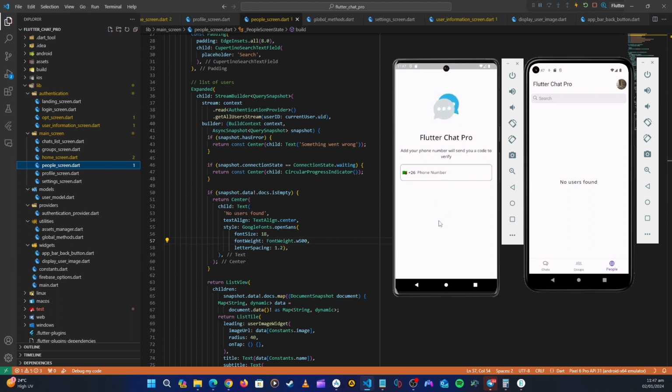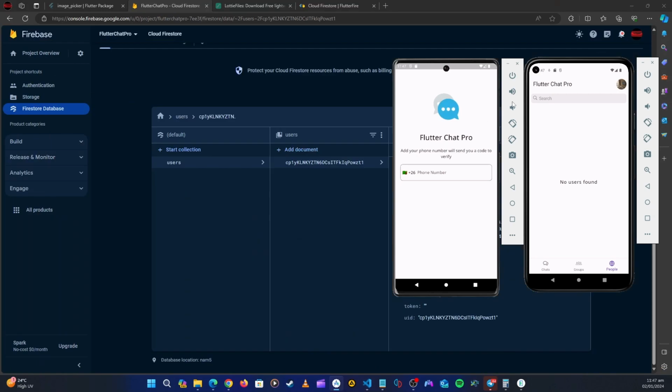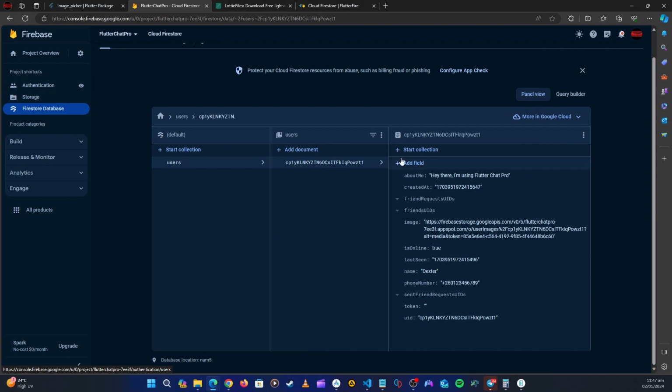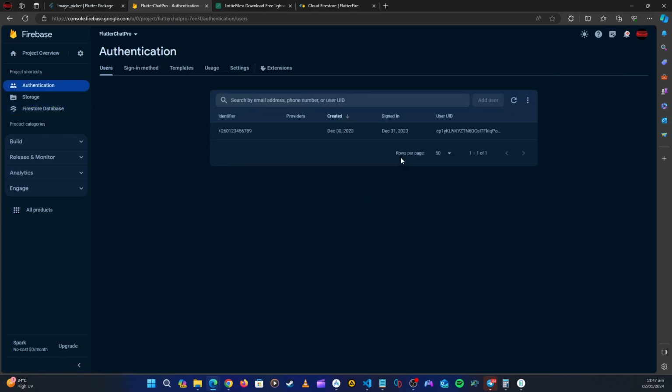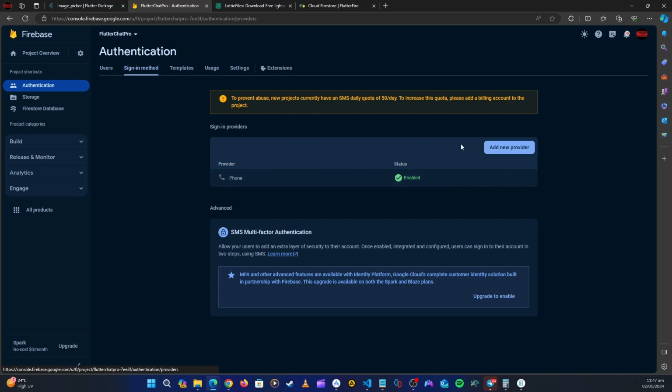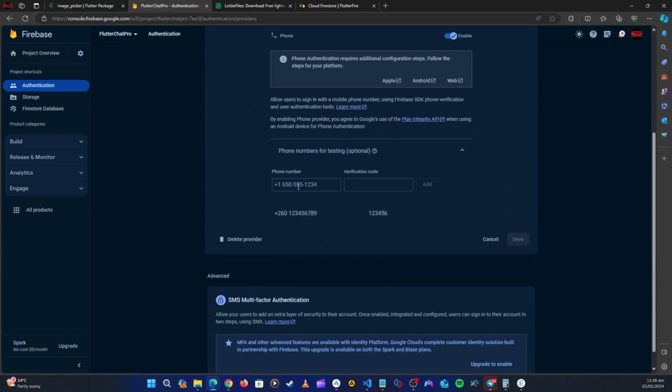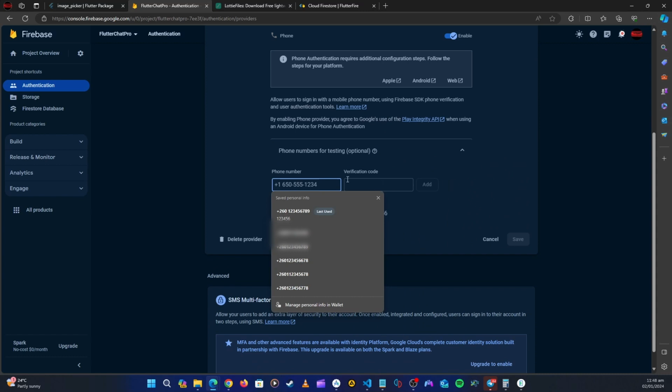Okay, also one other thing, let's go back to the browser. Let's first minimize this too. We need to add another test device, test phone number. So sign in methods and then let's click on edit. And then here, let's come here and then let's make another one here. So this one, let's give it as